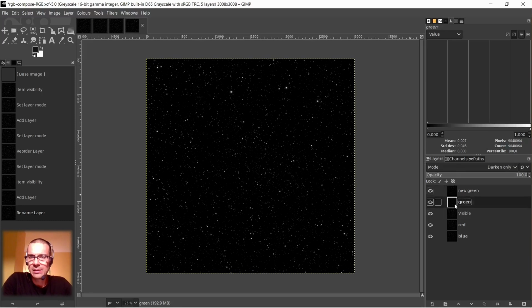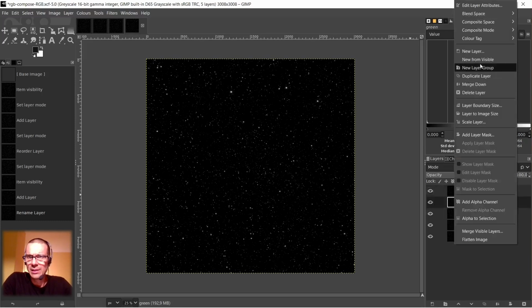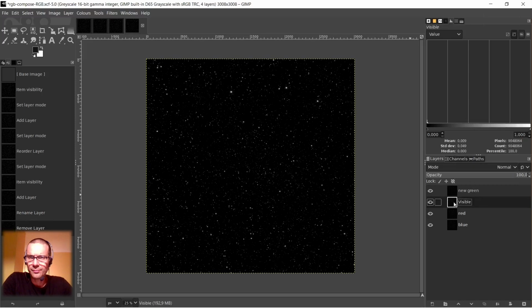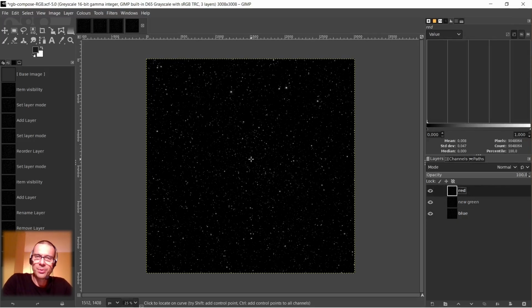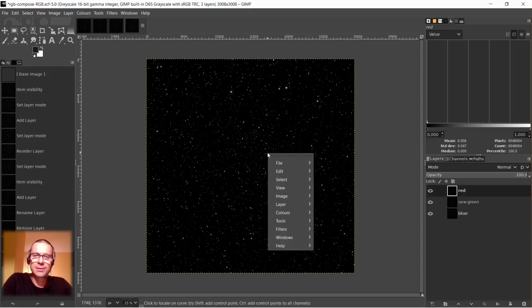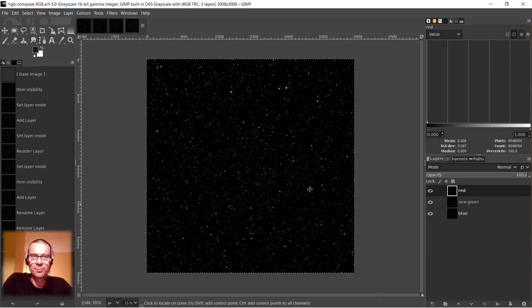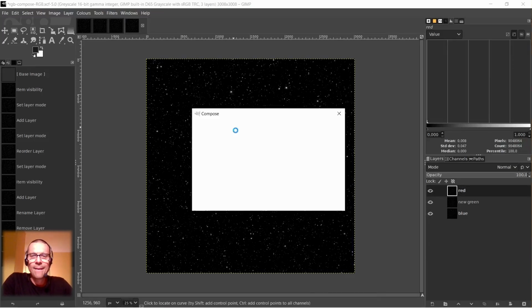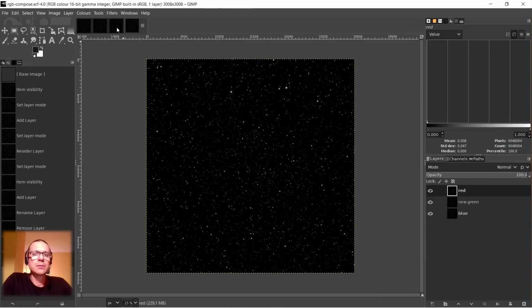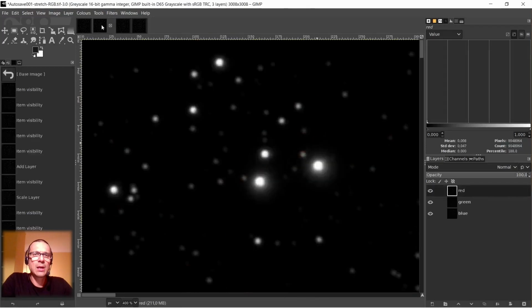Okay, so I can delete the original green layer. I can also delete this layer. So now I can compose the color image again of the red, new green and blue layers. So right mouse button, colors, components, compose. But wait, just to avoid confusion, I will close